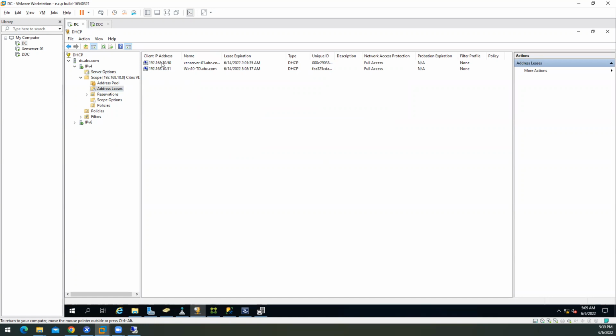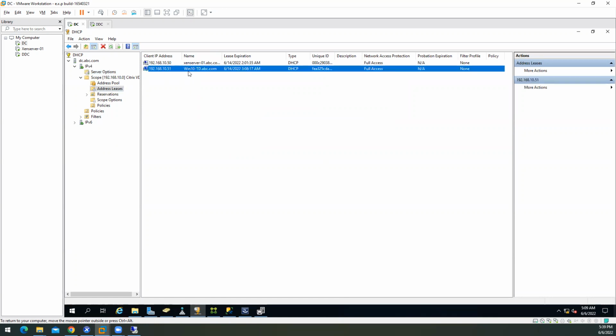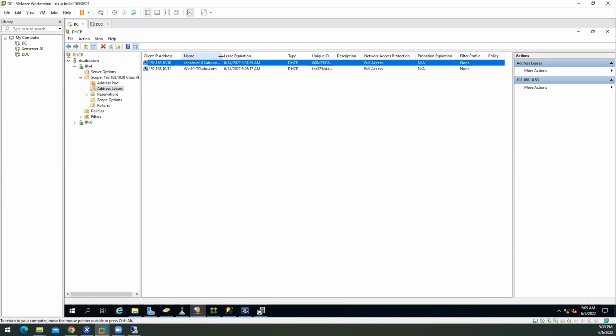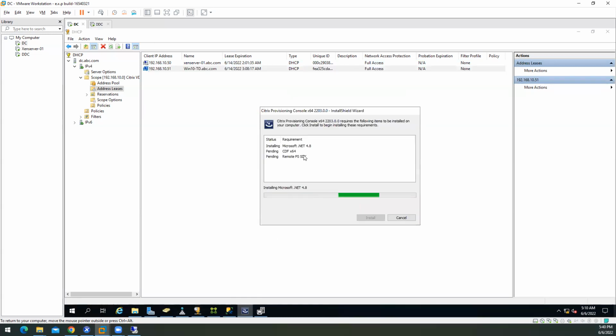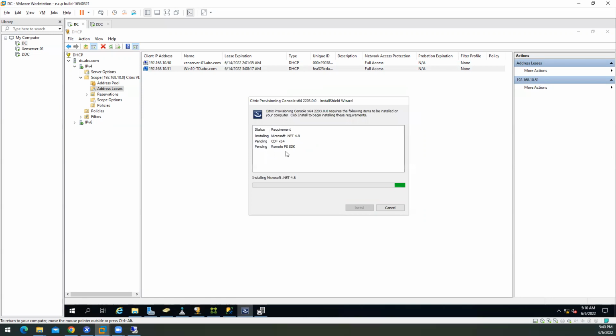If I go here, as you can see, my Win 10 machine is getting its IP from my DHCP scope, and Gen server 01 is also getting the IP from the same. Okay, so let's go back here. Still installing. So guys, installation may take some time. It always takes some time, and it's totally up to the hardware you are using to set up